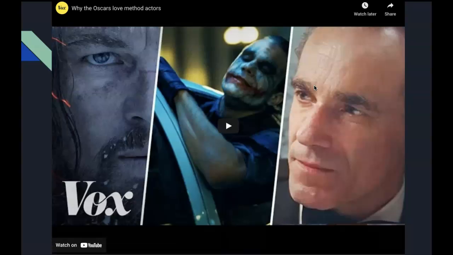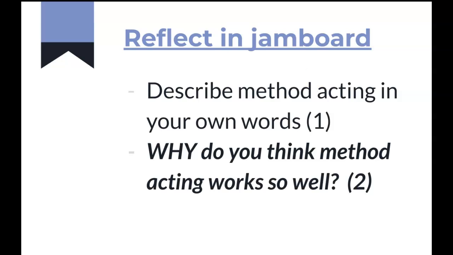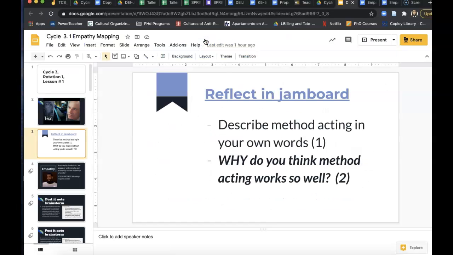It starts with a video about method acting and different actors and the different ways they approached method acting. And then I'm going to ask students to reflect in the Jamboard. In this slideshow, I've linked mine, but because this whole lesson plan requires a lot of Jamboards,